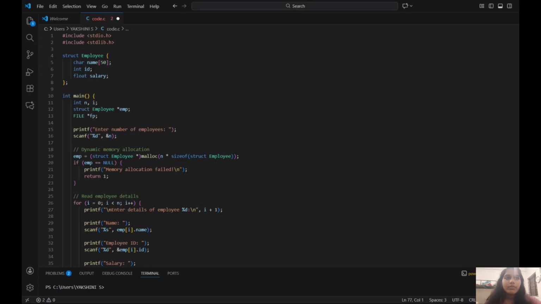First, I include the header files that are used for input and output functions and for using functions like malloc and free. Next, I define a structure called employee. This structure has three members: name, ID and salary. A character array to store the employee names, an integer for the employee ID, and a float